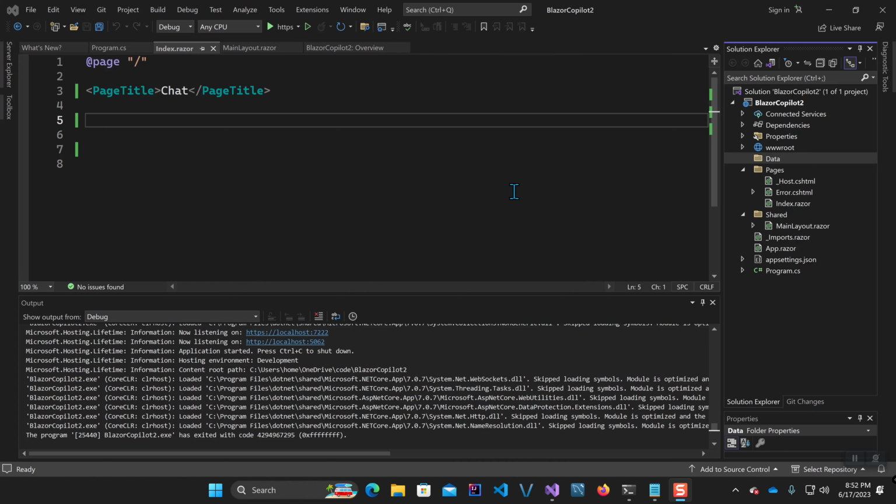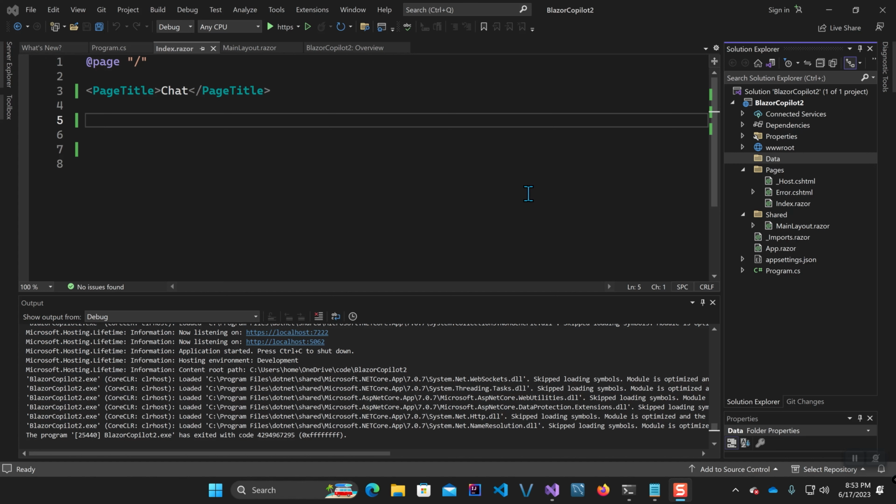Now to make this work, we're going to create two different things. We're going to create a Blazor component that's going to handle all of the user interface. And I'm also going to create a service that's going to handle the interaction with the Azure OpenAI API. For these two different parts of the program to communicate, we're going to need to have an object to transmit the data between them. And since we're dealing with messages, I'm going to create a simple class to store the